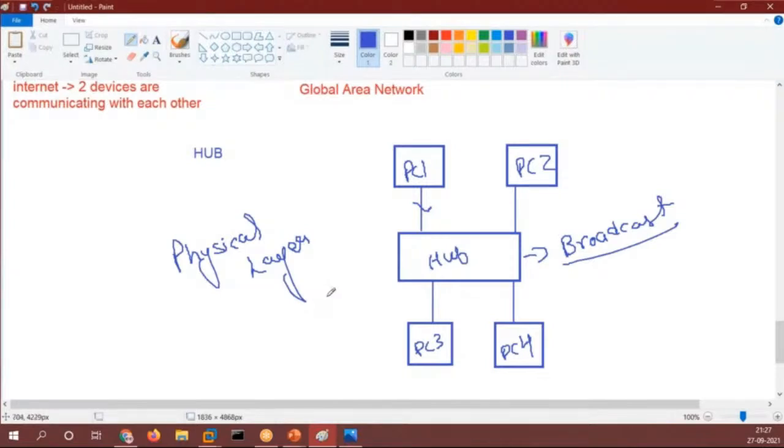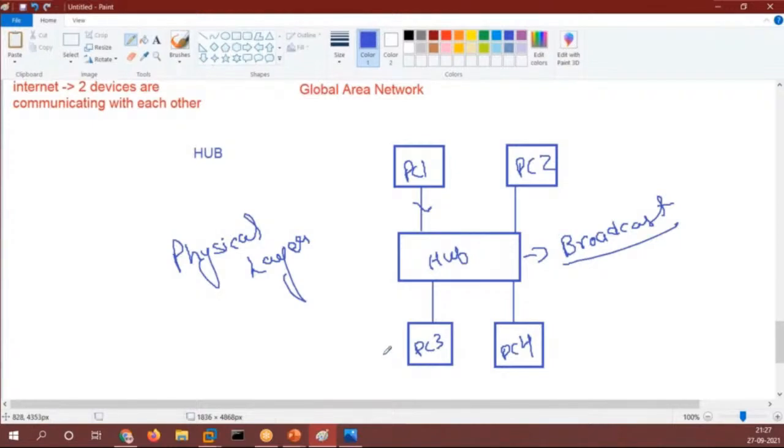Now on that physical layer, I discussed with you guys that it only works with bits. So the data PC1 sends will be converted into bits. What will the hub be doing? Hub will be broadcasting that data towards everyone, right? Now everyone will be having that data.